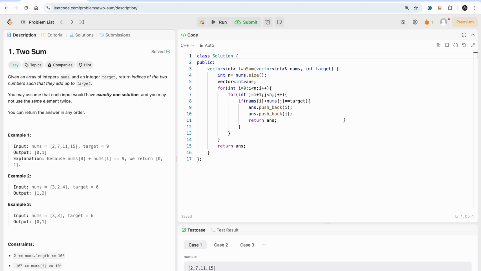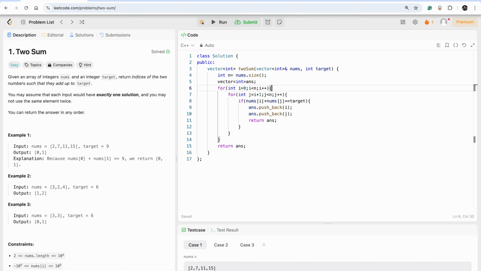Hello guys, in the last video we discussed how to solve the two sum problem using the brute force approach. The time complexity of that approach was n square, since you can see that this for loop will go n times and this will go n times, so n into n is equal to n square. Okay, now let's discuss a new approach, that is the optimized approach